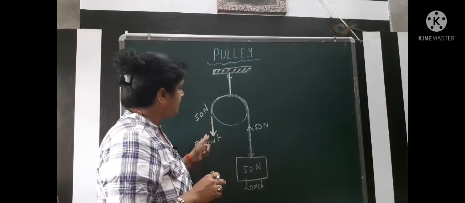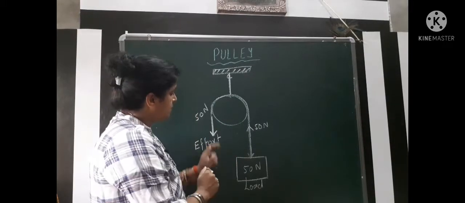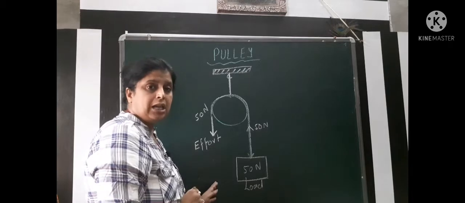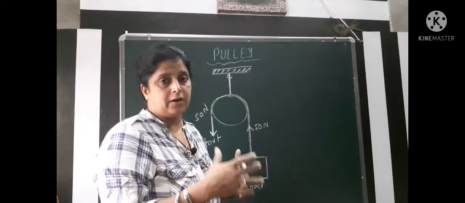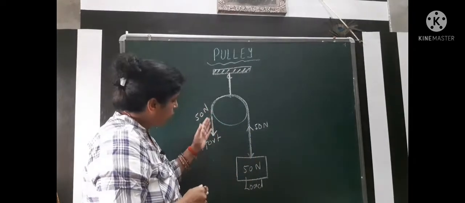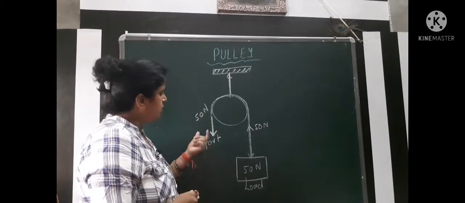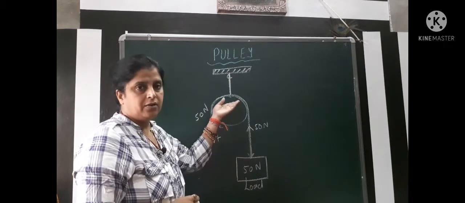But here in this case, we are pulling downward, and the gravitational force also helps you to pull down, because not your body support, your muscle work is going on. There is gravitational force also which supports you to pull that body downward. So you have to apply less than 50 Newton and easily you can lift this body, right children?